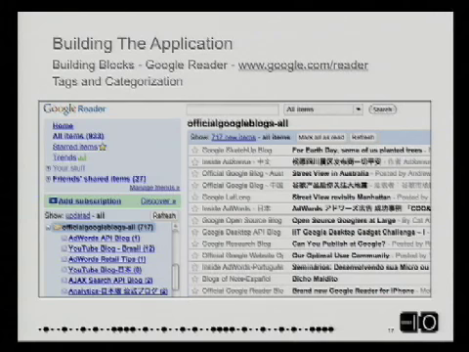So in Reader, this is actually taken from the management account that people inside of Google actually use. And so there's a tag called official Google blogs-all. And that's all the blogs that we were interested in. It's a tag that was created and was stuck inside of Reader. And so if you click on it inside of Reader, then you can see everything based on date of when everything's coming in. It's coming in, as you can see, from all different types of blogs. And I snapshotted this a while ago, but not too far ago.